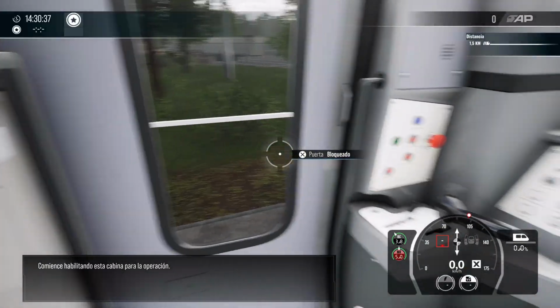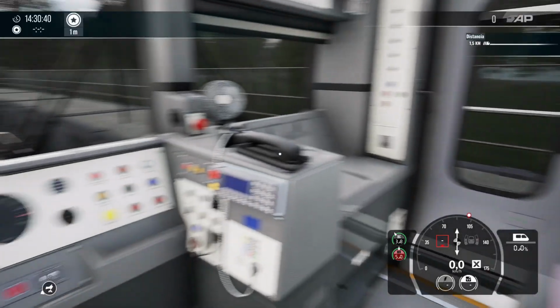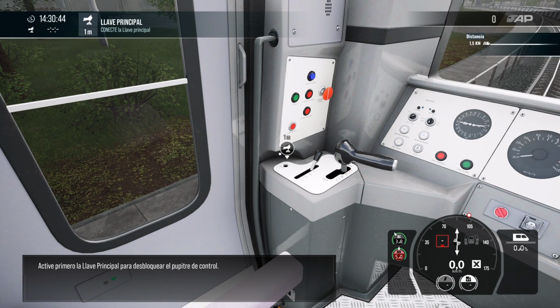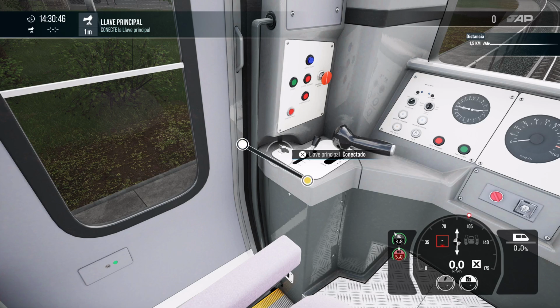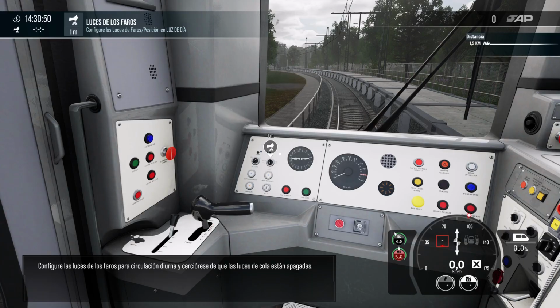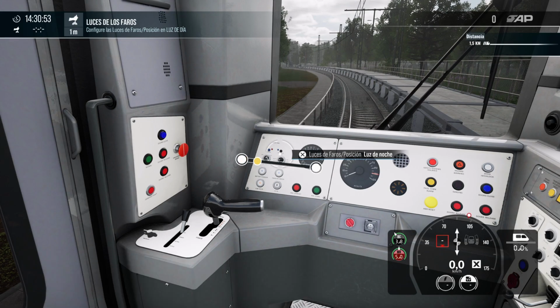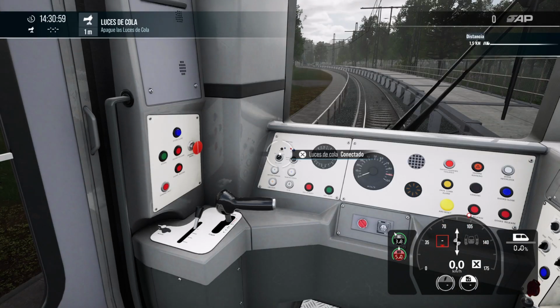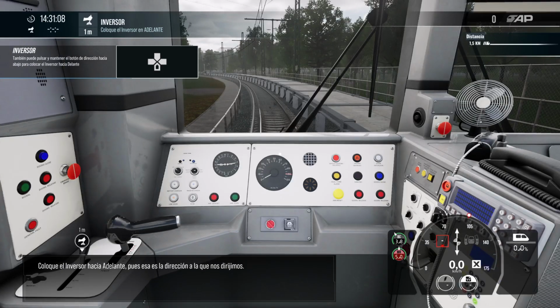Get started by setting this cab up for operation. Activate the master key first to unlock the control desk. Set the headlights for daytime operation and ensure the tail lights are off. Set the reverser to forwards, as that's